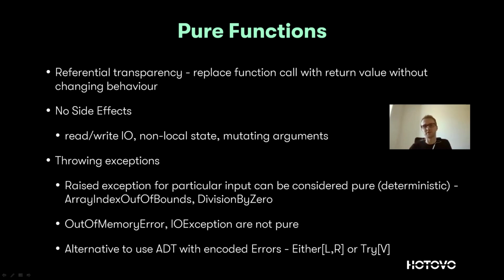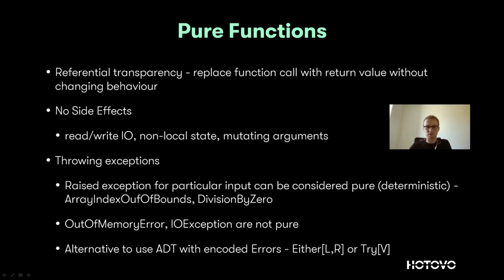So I consider these types of exceptions as not breaking the laws that make a function pure. These are things like array index out of bounds or division by 0. If I provide a parameter with an array and an index, and I always pass the same array with an index that is out of bounds,